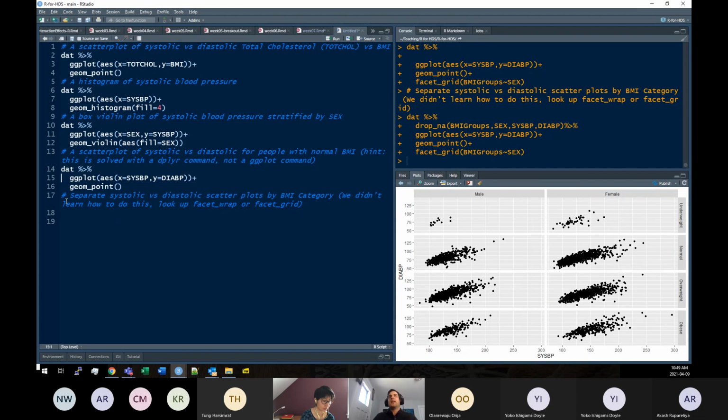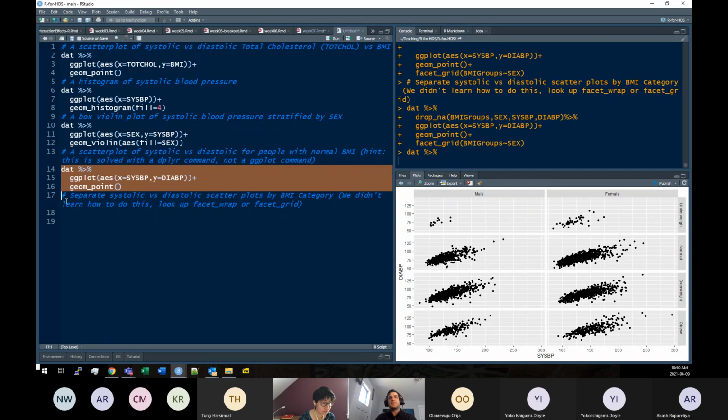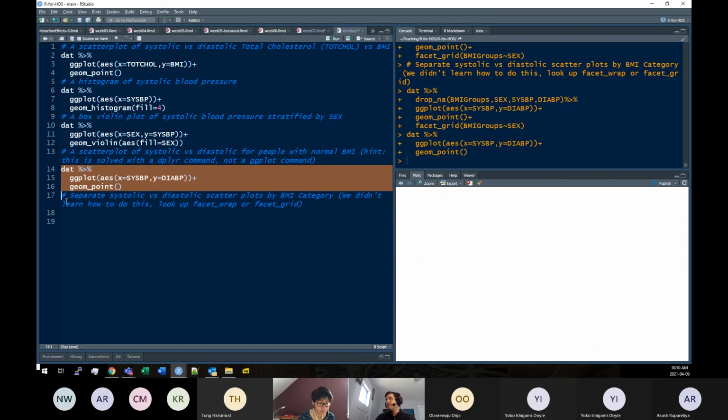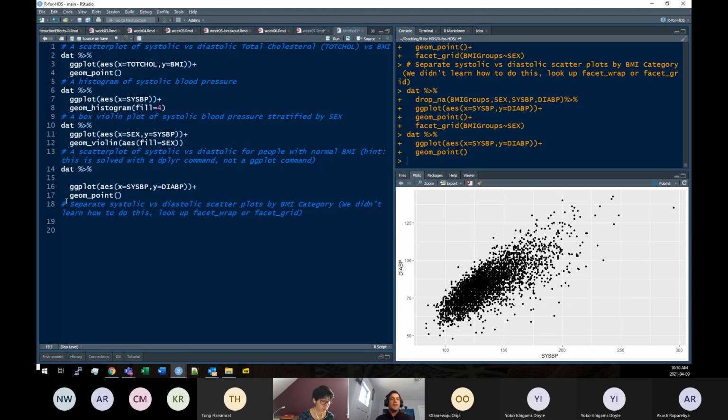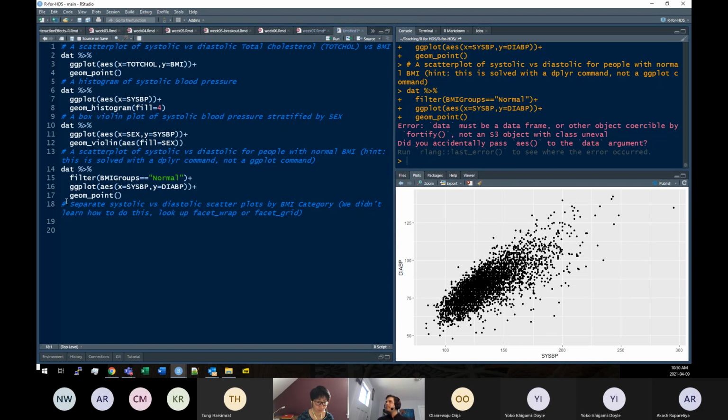So for that third one, we were going to do a scatter plot of systolic versus diastolic, but filter on BMI. So this is the full scatter plot, and then all we want to do is filter. And the advantage is that we have all those tools built into the dplyr library. So if we filter on BMI groups equals normal, then we can